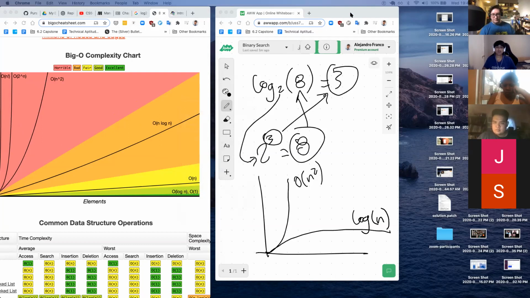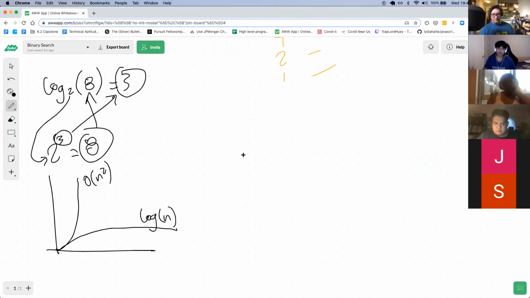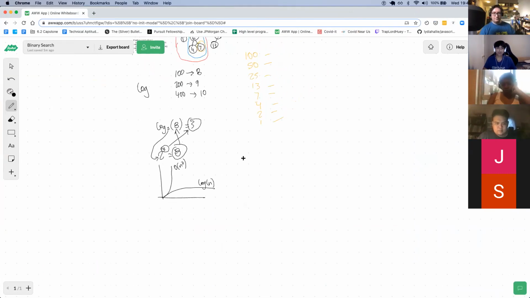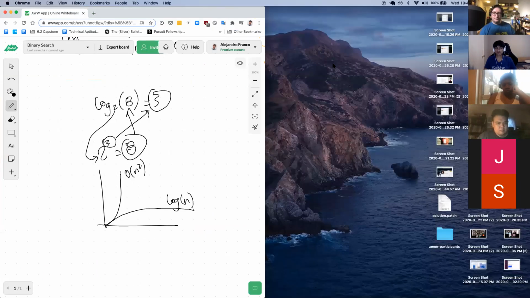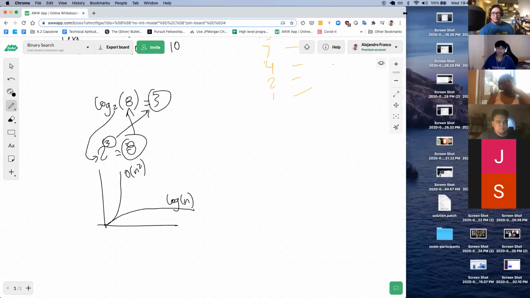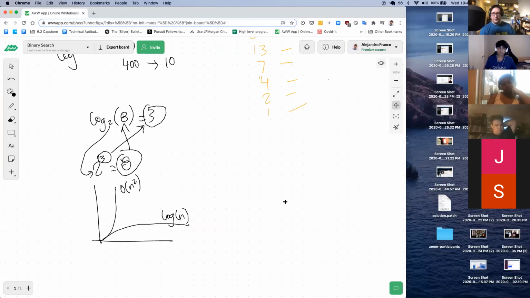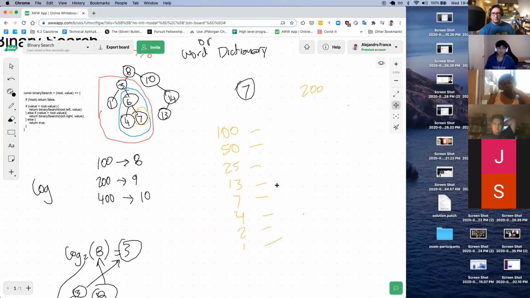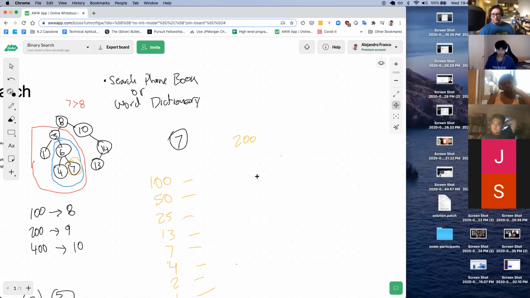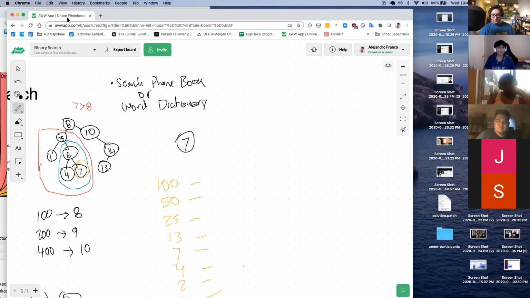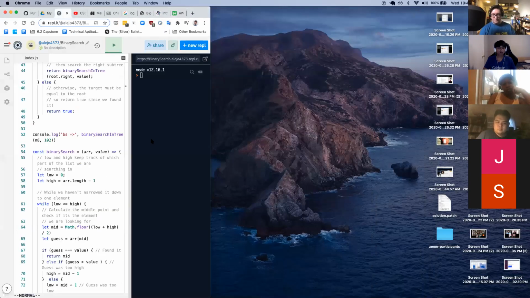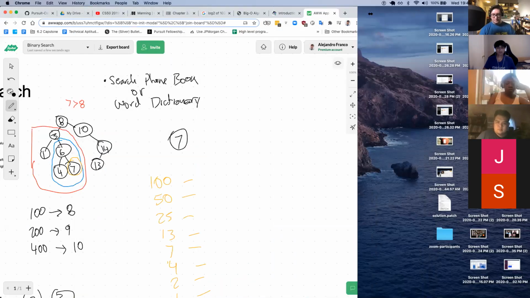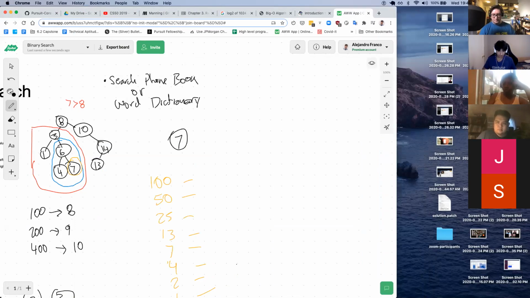Let's describe it first visually, and then we can write the code. So let's say we have this array,